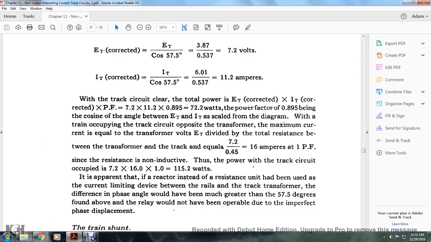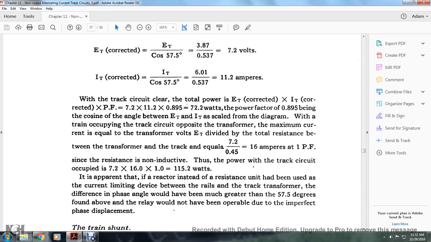With the train occupying the track circuit opposite the transformer, the maximum current is equal to the transformer volts, ET, divided by the total resistance between the transformer and the track: 7.2 divided by 0.45 equals 16 amperes at 1.0 PF. Since the resistance is not inductive, the power while the track circuit is occupied is 7.2 times 16 times 1, which is equal to